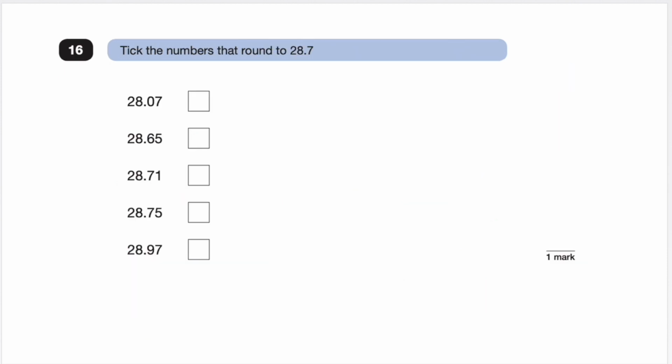Question 16 says tick the numbers that round to 28.7. Okay, so let's just remind ourselves that if we have a number with 5 or more, we will round it up. But then if the number has a 4 at the end or anything less, we will round it down. Okay, so 28.07, they're trying to trick us with this little 7 here, but this number would end up getting rounded to